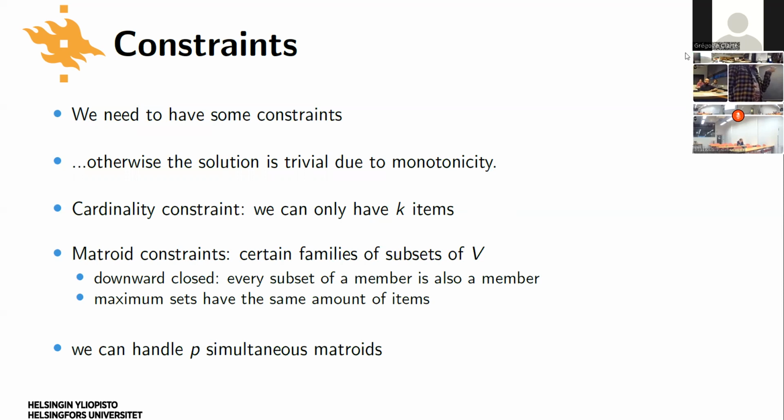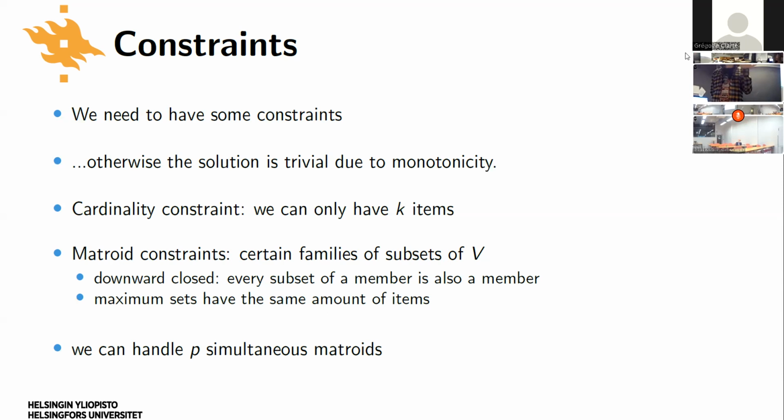So-called matroid constraints. These are certain families of subsets of B, essentially. And these families have some properties, which I'm not going to give you the exact definition for, because it doesn't serve a purpose for this presentation. Specifically they are downward closed, meaning that if you have a matroid M and a set belongs to that matroid, then all its subsets also belong to that matroid.